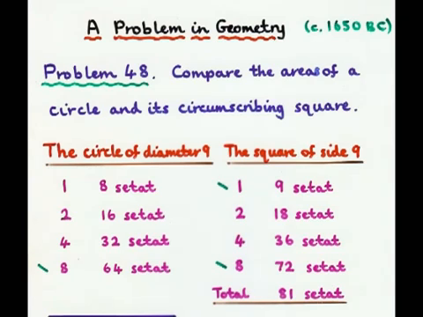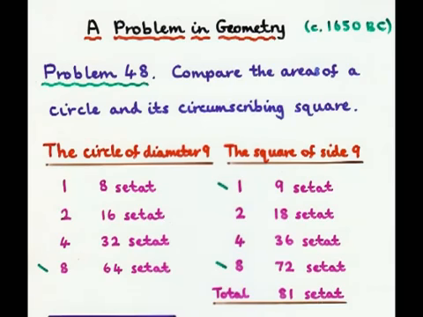They chose 9, and then you want 9 times 9, so you keep on doubling. Here's a 9, and here's a 72, and then you add the 1 and the 8, and that'll give you 81 as the area of the square. And for the circle, they did a similar thing, but instead of starting with 9, they started with 8. And they ended up with 8 times 8 is 64.